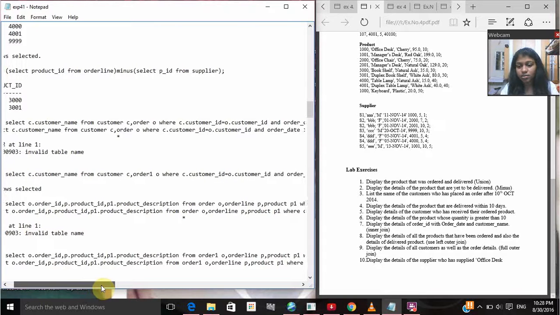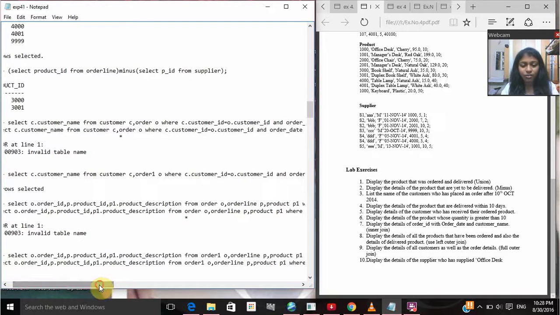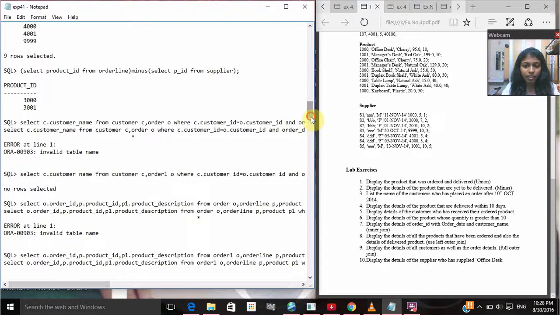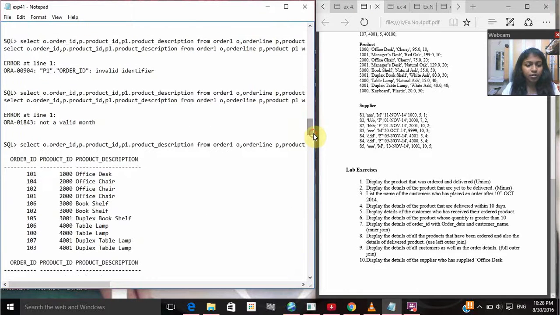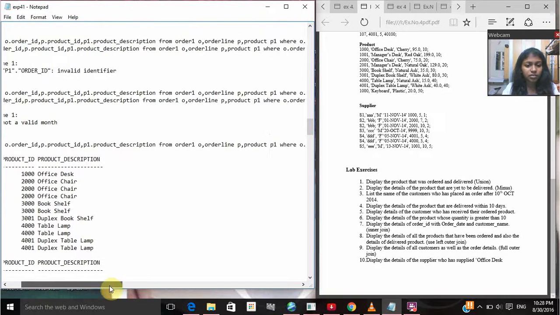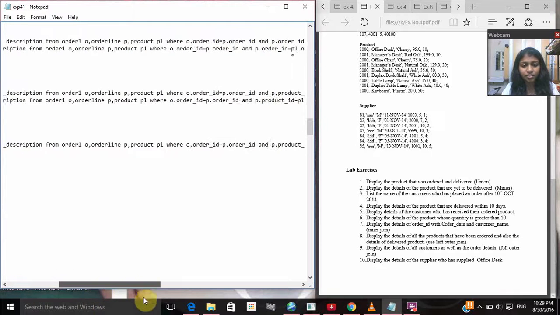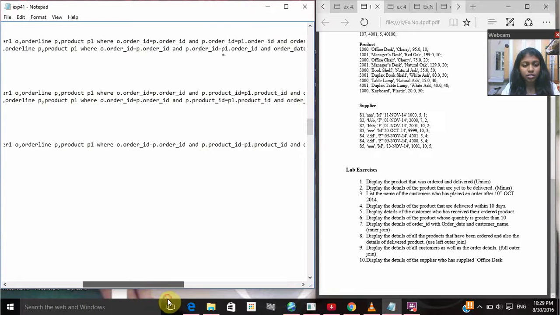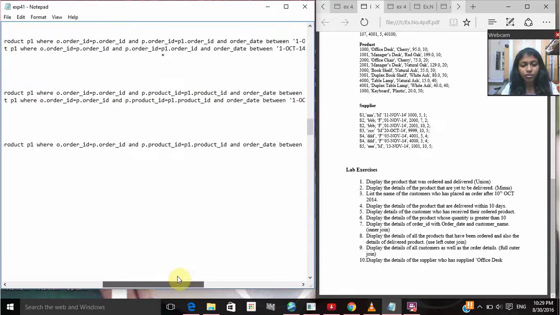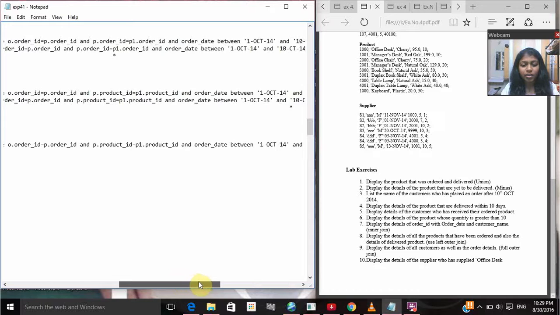So the next question is to display the details of the product that are delivered within 10 days. For that, I'm going to be using this query. Select order ID, product ID, and product description from order 1, order line, and product tables. These three tables I've linked using the primary key of each table, like O dot order ID is equal to P dot order ID, and product ID is equal to P1 dot product ID, and order date.